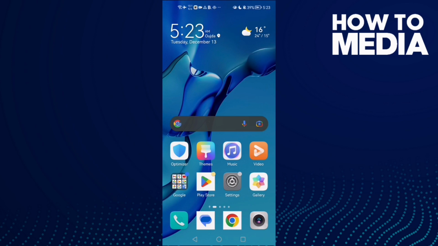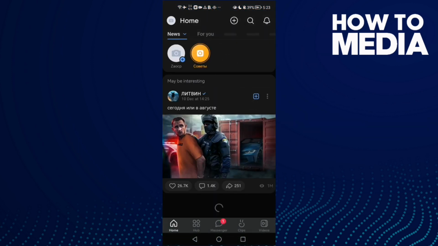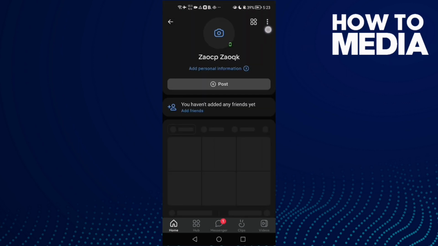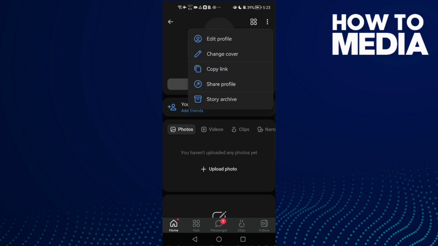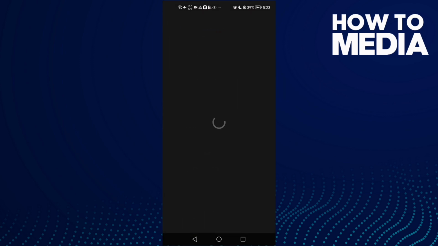How to edit and change inspired by on VK on Android or iOS phone. First open VK and then click on your profile here and click these 3 points, and now click edit profile and scroll down, click beliefs,